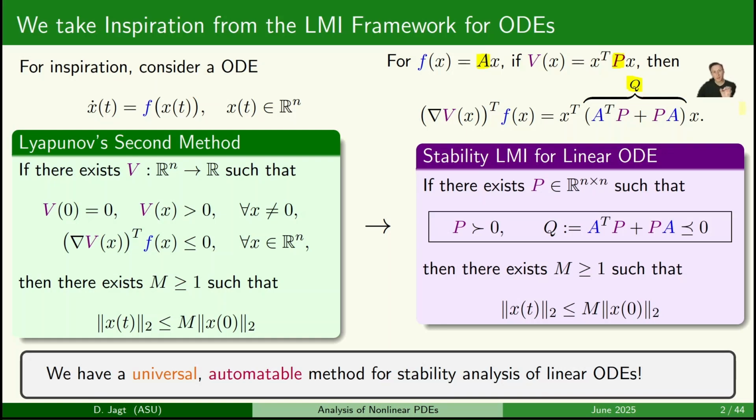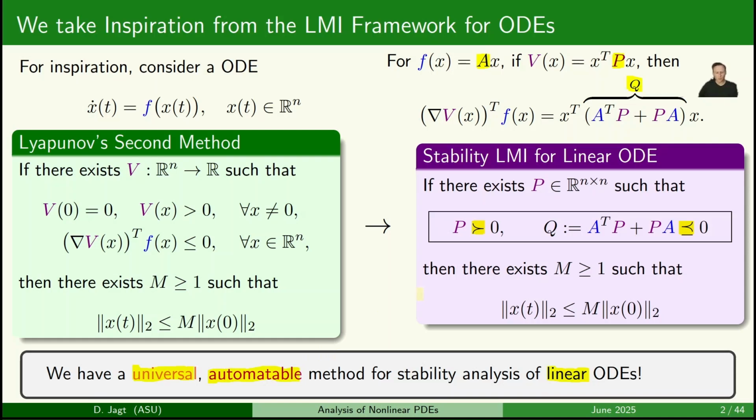So then to test for existence of a Lyapunov function, and thus test stability of the system, we can look for a positive definite matrix P, such that this matrix Q here is negative semi-definite. And these are just linear matrix inequalities, or LMI constraints, which we can solve using interior point methods. So in this manner, we have a framework for stability analysis of linear ODEs, and this framework is universal. It applies to any linear ODE, and it is automatable. All we have to do is specify the matrix A defining the vector field, and a computer can basically do